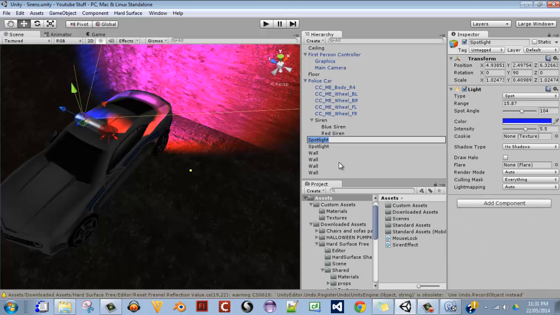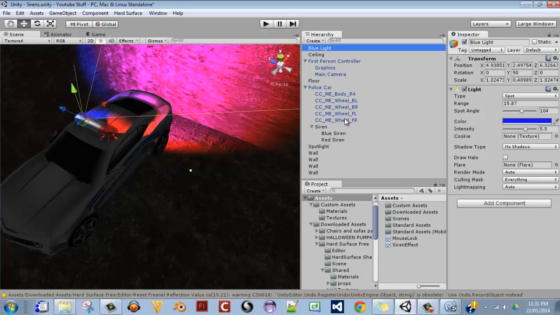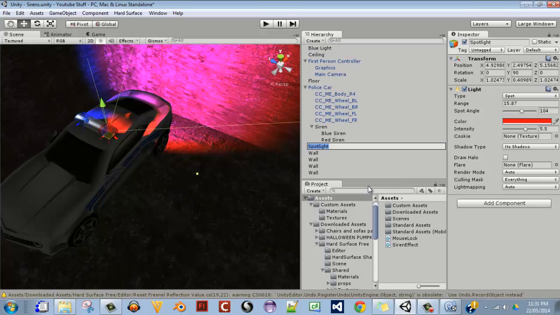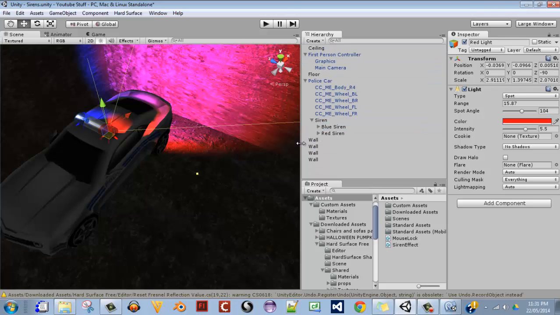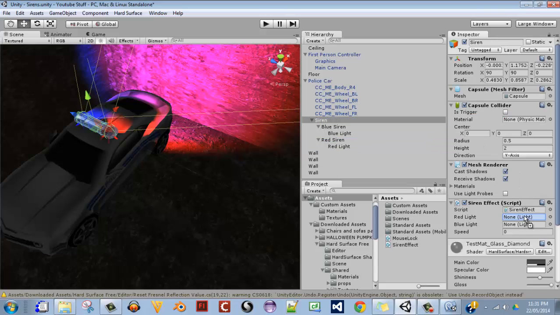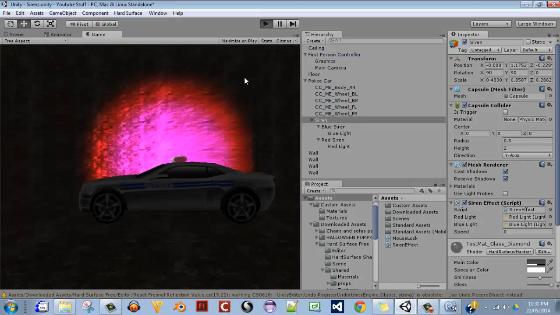But before I do that, I'm just going to change the name of these. Blue light, red light. I'm going to nest those in their respective siren thingies. So then back in siren, set our red light to that, and you can see because it has a light, it takes it just fine. And there we go. Now speed is currently set to 0, so when we try to run this, it will still not do anything,